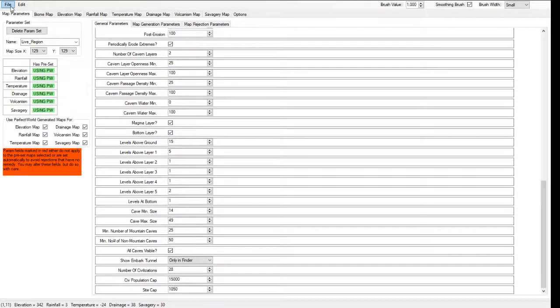And now that we're done, we can save map set, which will go in here again. I'm going to call this again the live region. And then we can export the world gen file. What it'll do is place the normal world gen file with this one, which will now have all the normal worlds, and then the two we just made, the one I made yesterday and this one. So if we back out of Perfect World and I go ahead and launch Dwarf Fortress properly,